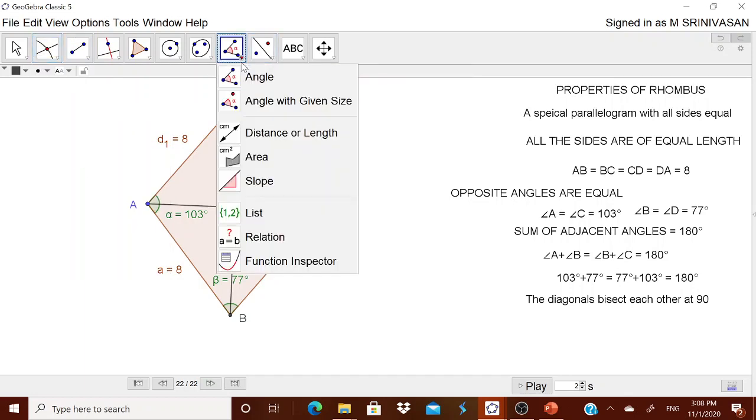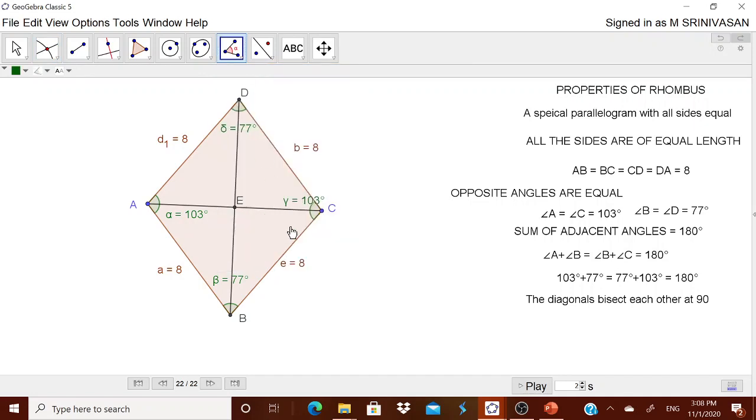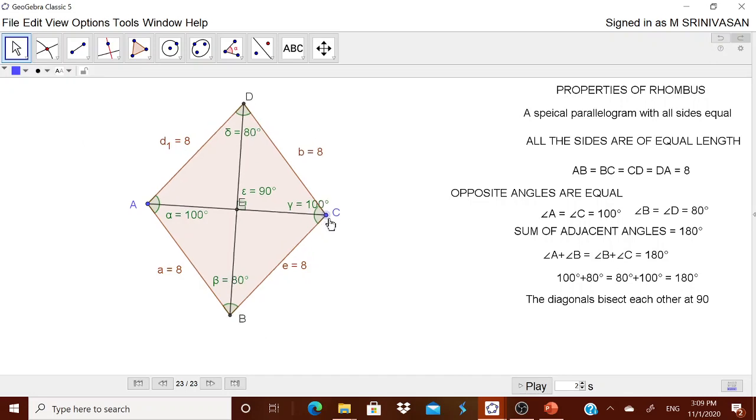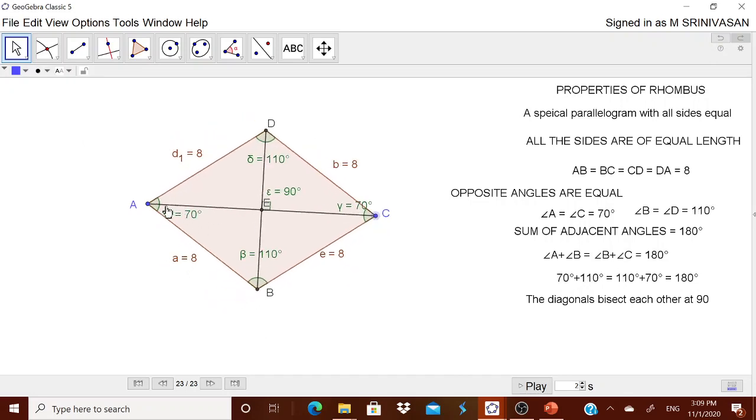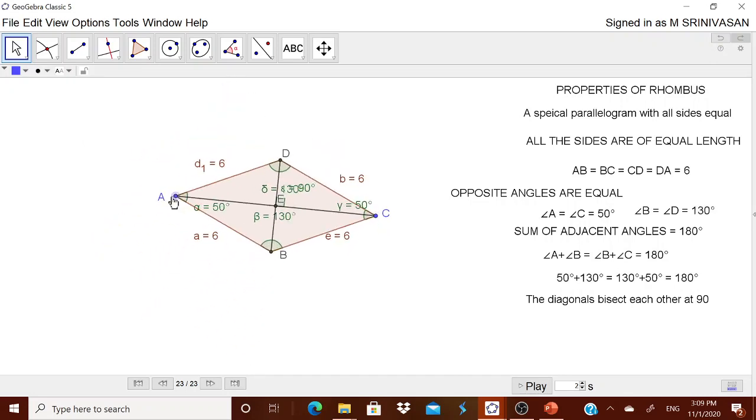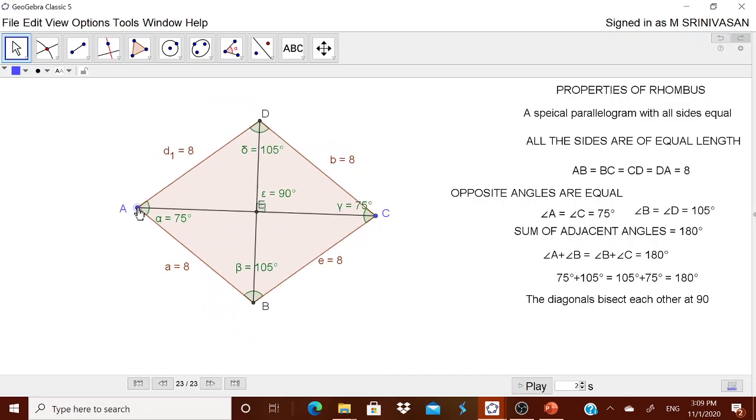I want this angle now. Therefore I am taking this angle. Go in a clockwise direction, therefore C, E and D. Oh, I got 90. No need to show the remaining angles because if one is 90, automatically all of them will be 90. Let us see. Yes, it is always 90. Whatever way I am pulling and pushing, it is always 90 degrees. Okay, now the diagonals bisect each other, that we have to tell.